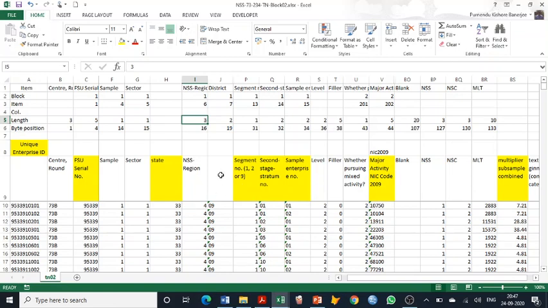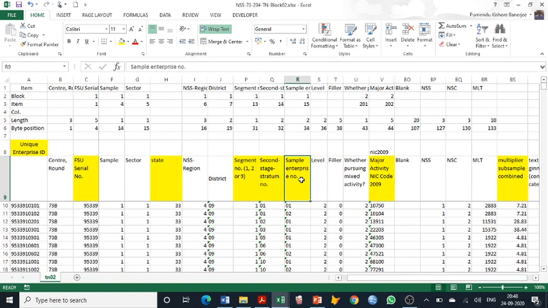After that, this is the district, and we know that we have some problem when we open a CSV file in Excel. So we again created an additional column. Wherever the length is 1, we have converted it into text with a 0 padding on the left-hand side. We have segment, second stage stratum, sample enterprise number.